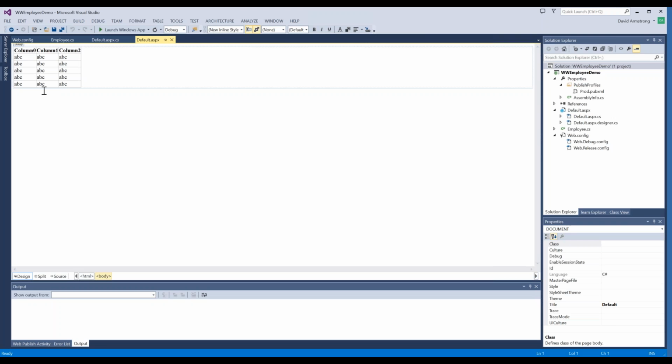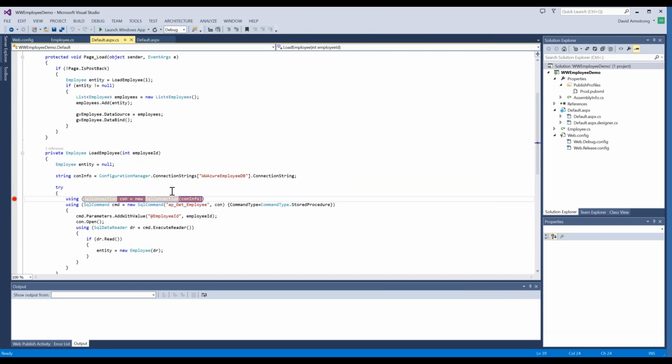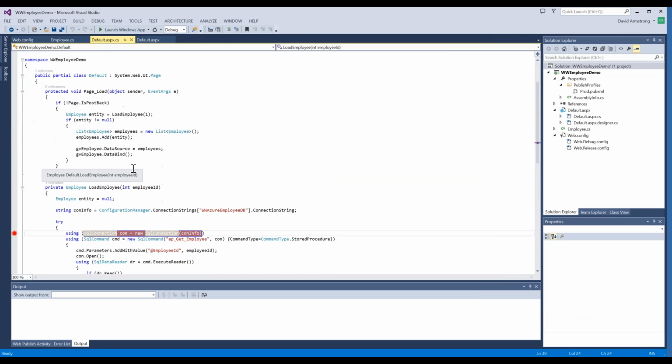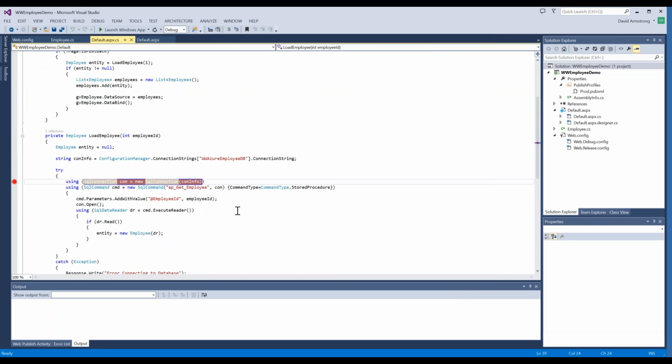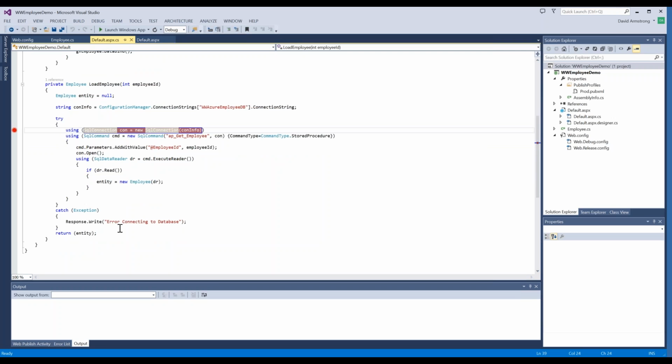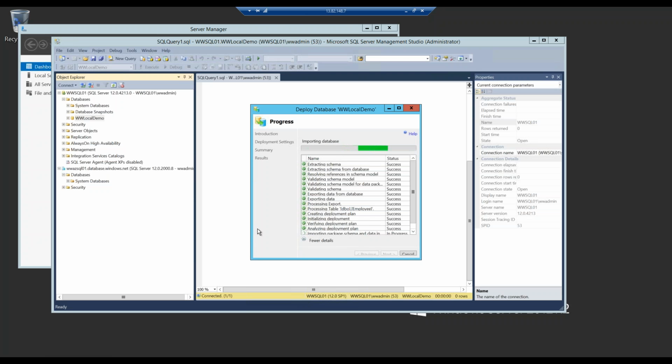There's absolutely nothing going on here. I'm going to switch back to the code here. And there's a page load that goes and instantiates one of these employee objects, and then finally it goes to the database. It looks to call the stored procedure, get employee, which I just showed you, and finally it'll write out an error if it has problems connecting. So let's see how we're doing here. We're still in the process of importing the database, so let's let that finish up.